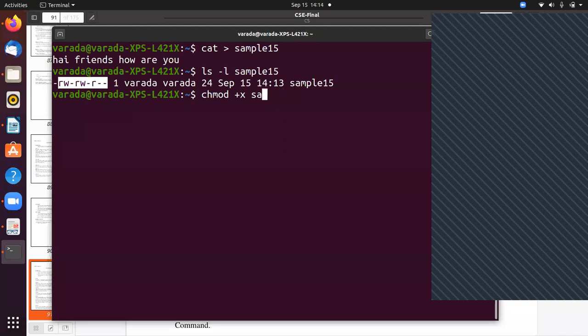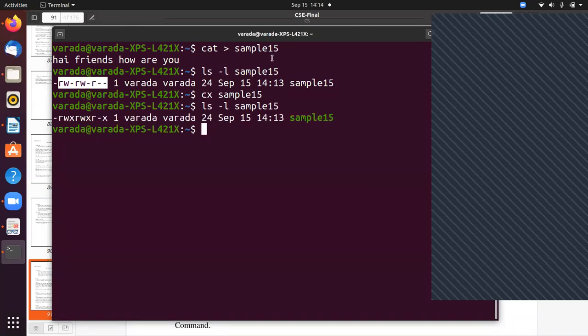Without this, by using the simple command we created, cx sample15. That's it. You can observe that the permissions of the file have changed. Initially it is rw-, now it is rwx, rwx, r-x.